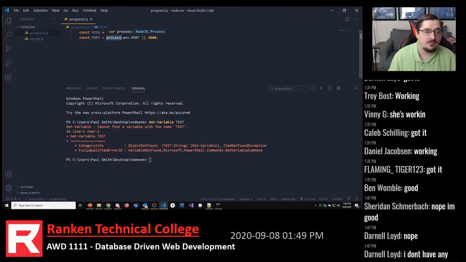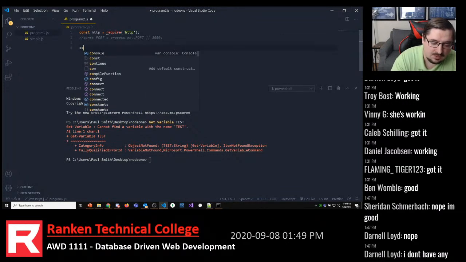You can get to that anywhere. env refers to the group of environment variables that are set on that process. Remember, the environment variables are set when the application starts. And then from there, I just do a dot with the name of the variable. So if I remember when I set that up, I set it up as test. So for instance, if I were to in here maybe do a quick console